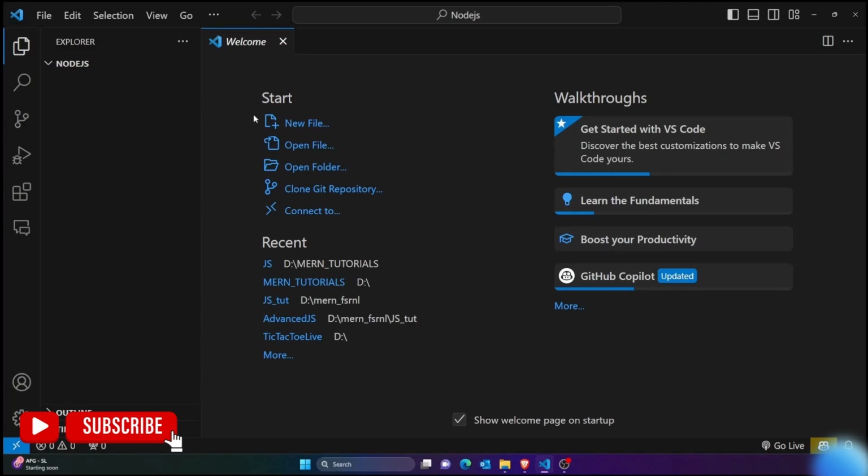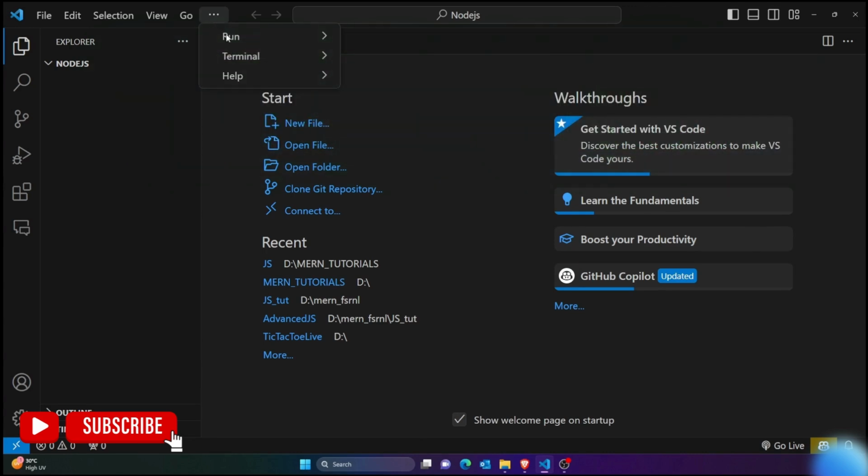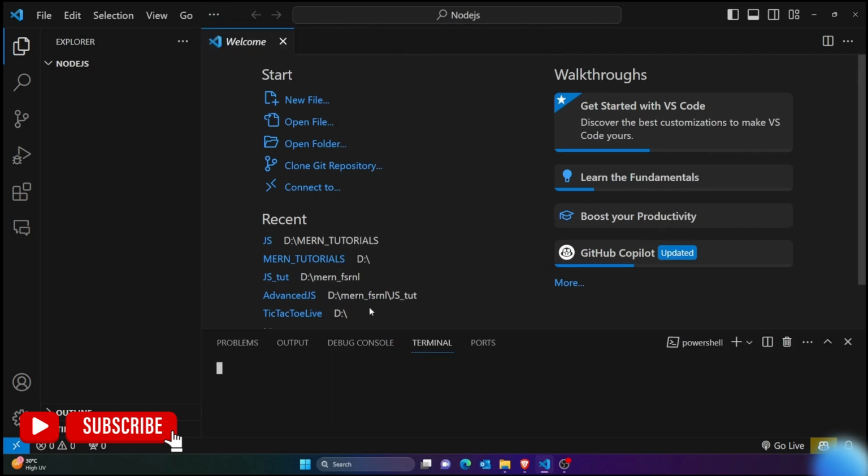So hey everyone, in this video we are going to learn about REPL in Node.js. First of all, go to the terminal, and you can see